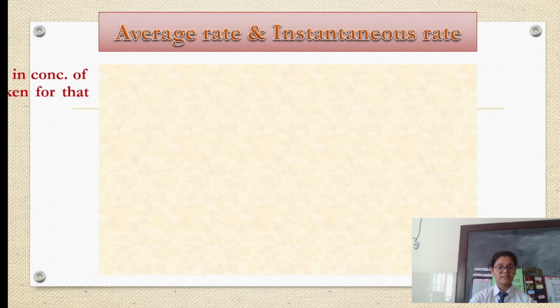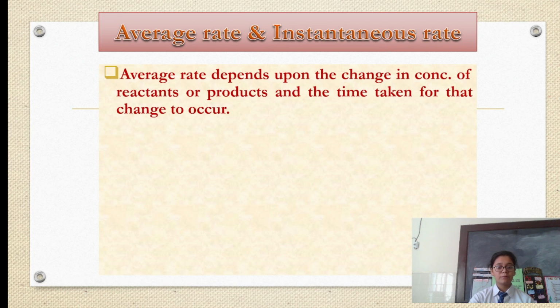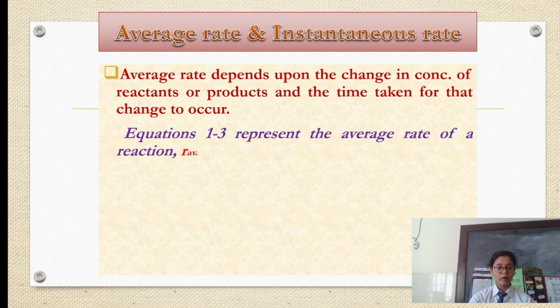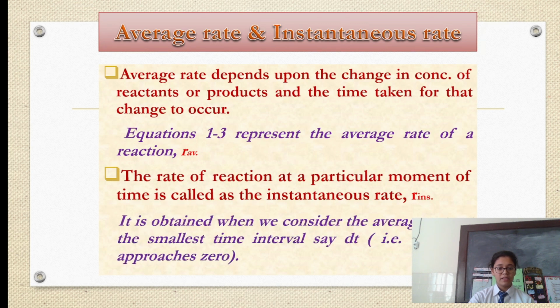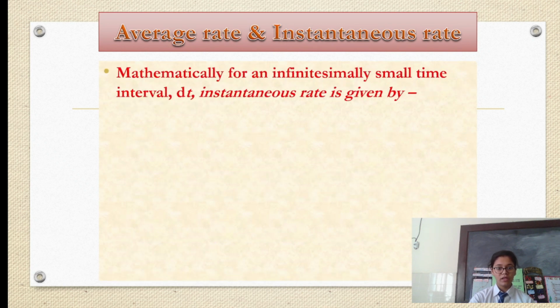Average rate and instantaneous rate. Average rate depends upon the change in concentration of reactants or products and the time taken for that change to occur. Equations 1 to 3 represent the average rate of a reaction. The rate of reaction at a particular moment of time is known as the instantaneous rate. It is obtained when we consider the average rate at the smallest time interval, say dt. Mathematically, for an infinitesimally small time interval dt, the instantaneous rate is given by